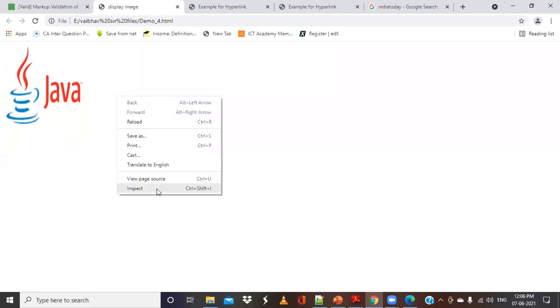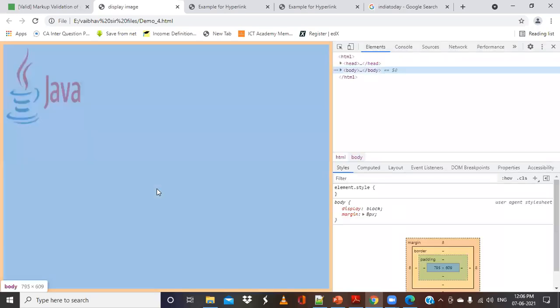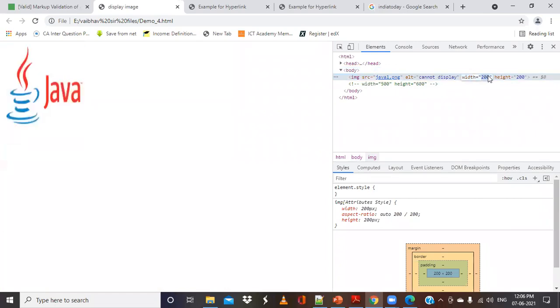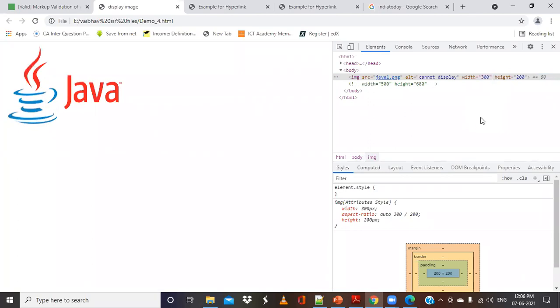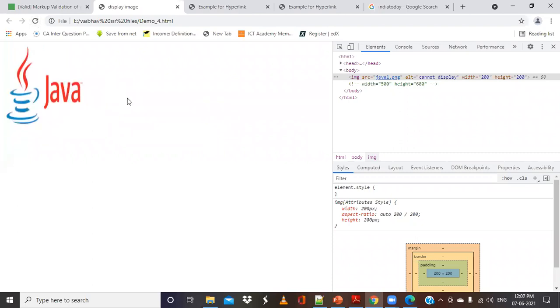And I also told you about this, right? If you want to change it temporarily, you can right-click and choose the option inspect, and here you can open the different tags and change it. You can use this arrow button, or change it manually. The moment you make changes and click outside, it will be changed. But when I run this program, it will be as it is, because I made the changes temporarily to know what my image size should be.